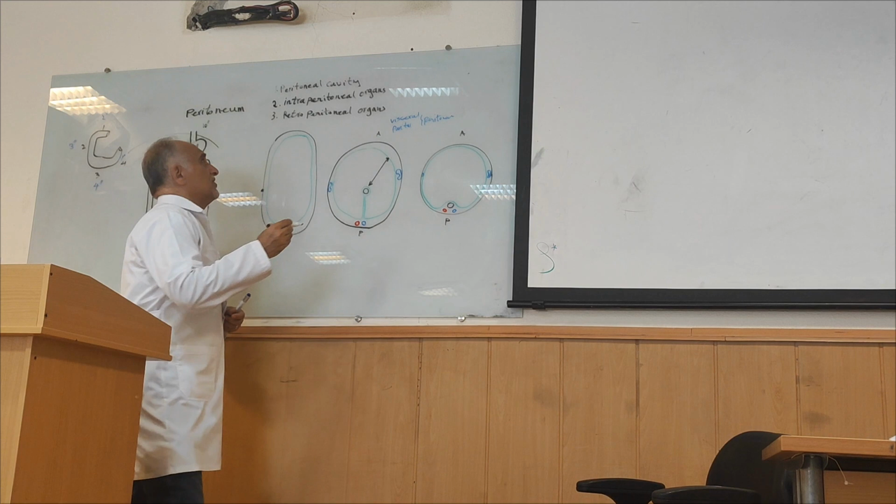Which one of them is intraperitoneal? Cecum is intraperitoneal, but does not have any meso. It is intraperitoneal without any meso. Ascending colon is retroperitoneal. Transverse, because it has meso, we say intraperitoneal. Descending, retro. Sigmoid, intra. Rectum, retro. One by one: intra, retro, intra, retro, intra, retro peritoneal. Okay? So, another term that we should be aware of, back to the